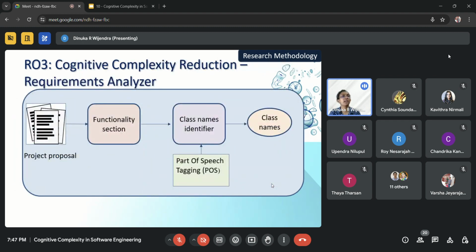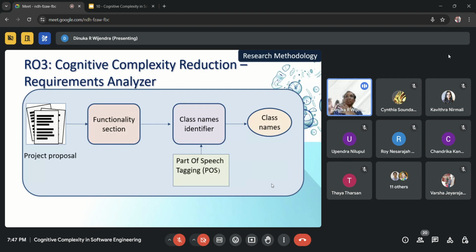This is what I have done in the requirements analyzer. We input the project proposal, and in the back end the computer reads the project proposal, identifies the functionalities which have to be implemented, and then outputs only the possible class names which have to be inside the source code.